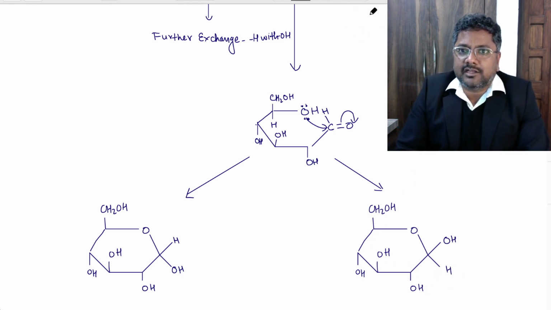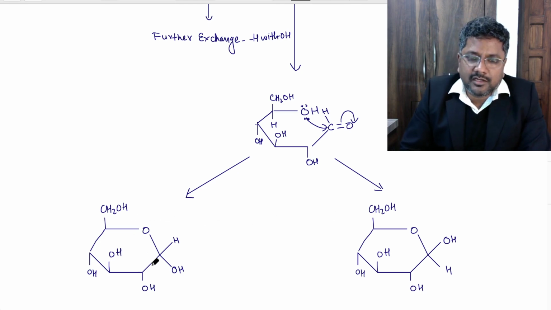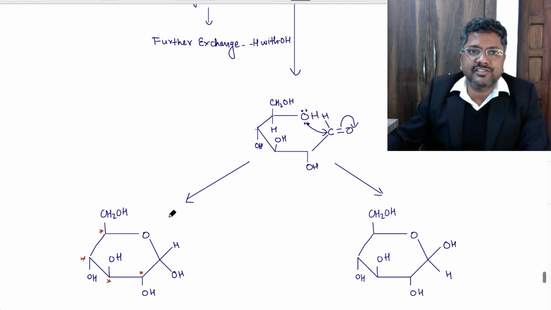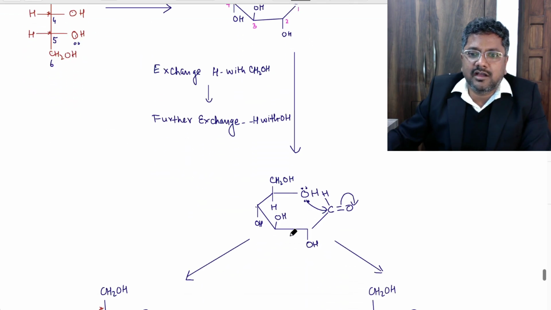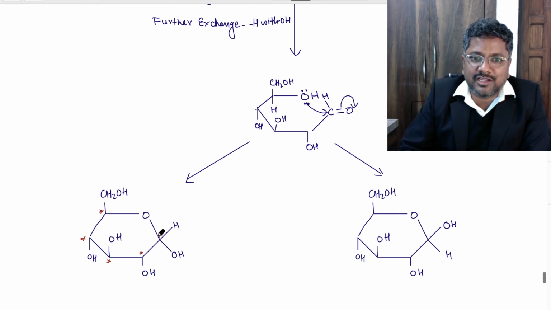See, a very remarkable point here: this is stereogenic, this is stereogenic, this is stereogenic, this is stereogenic. So in the open chain structure, you have 4 stereogenic carbons, 1, 2, 3, and 4. But now in the cyclic structure, you have one more stereogenic carbon. This carbon